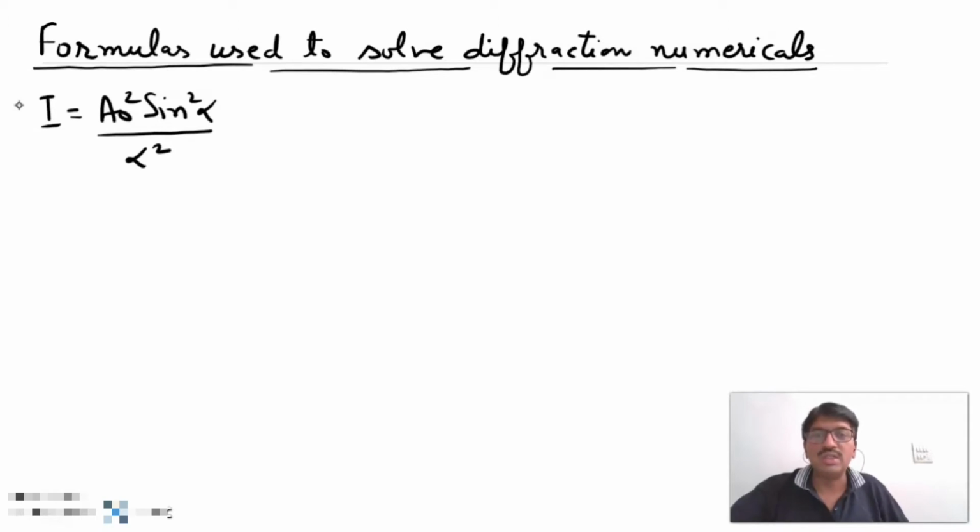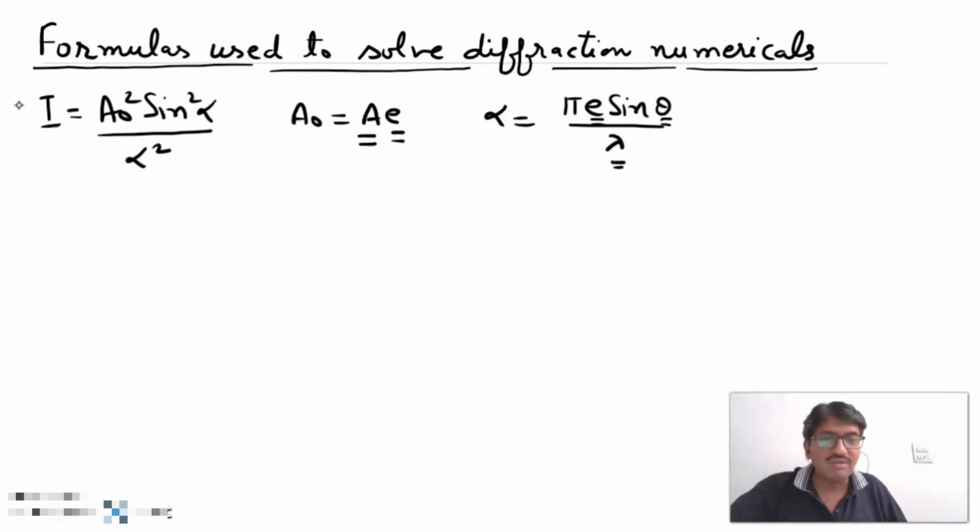This is the resultant intensity in diffraction due to single slit, where A naught is equal to A into e, where A is the amplitude of the incident wave and e is the slit thickness, and alpha is equal to pi e sine theta upon lambda, where e is slit thickness, theta is the angle of diffraction, and lambda is the wavelength of incident wave. This is the resultant intensity, and when this intensity is distributed, first it is distributed